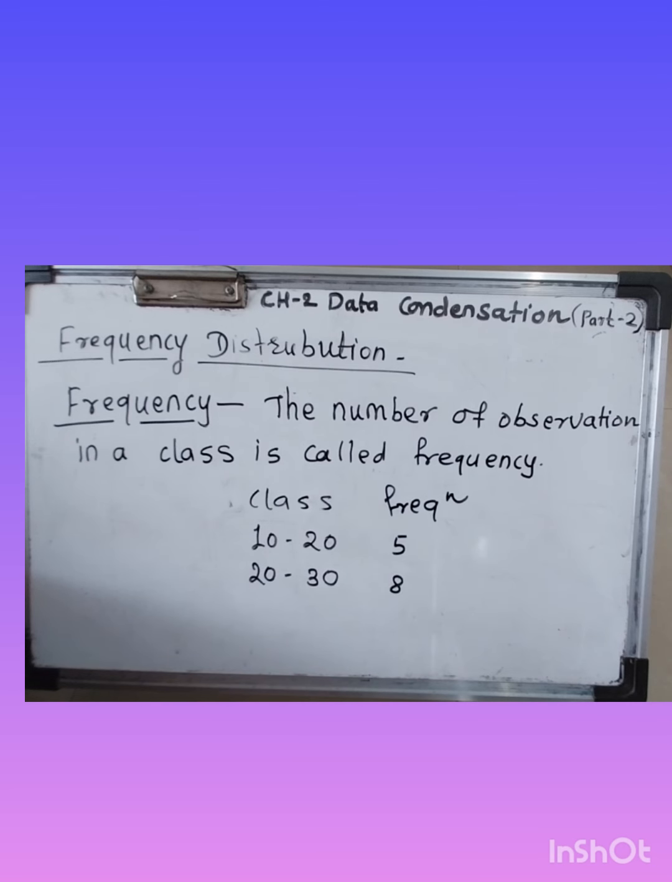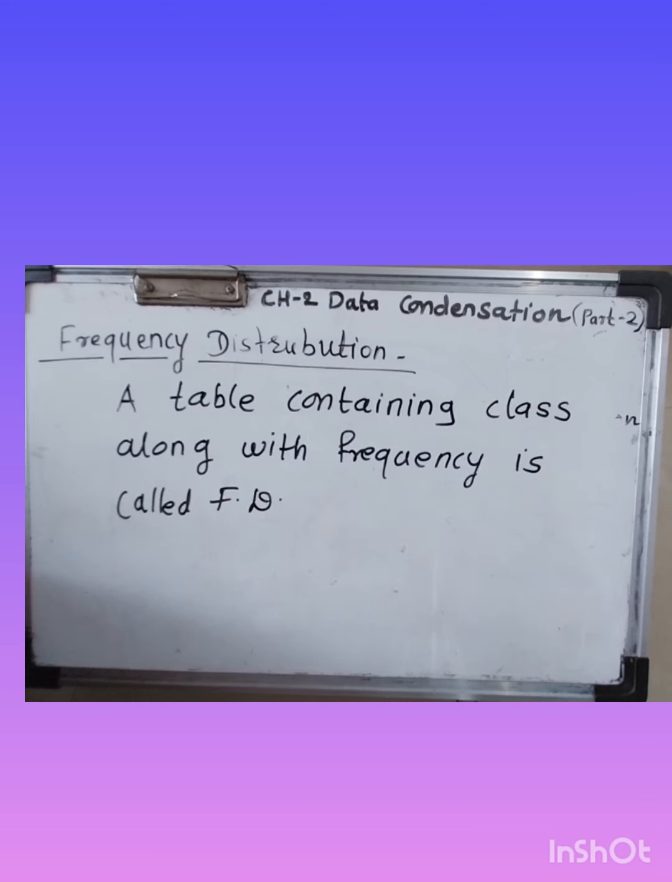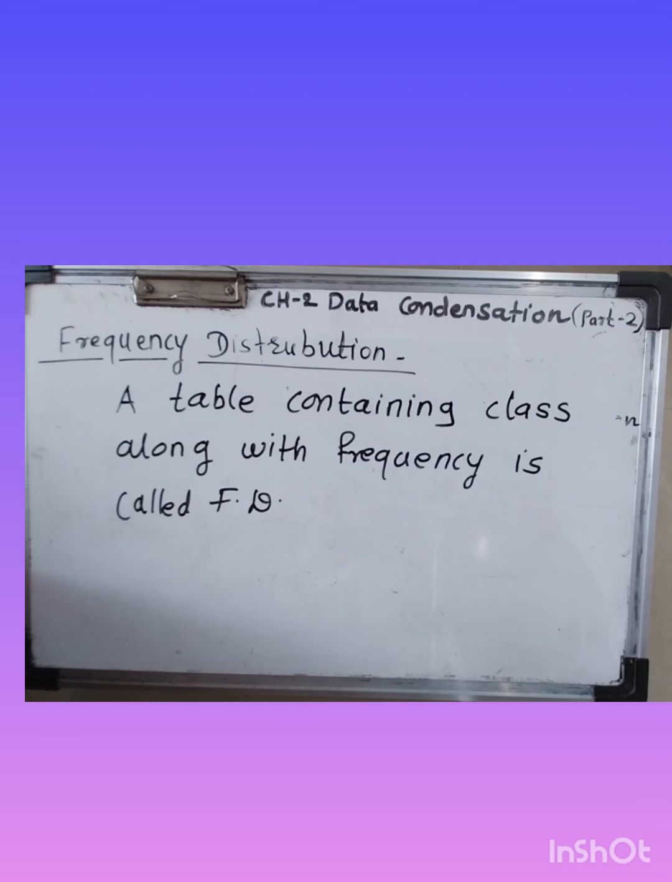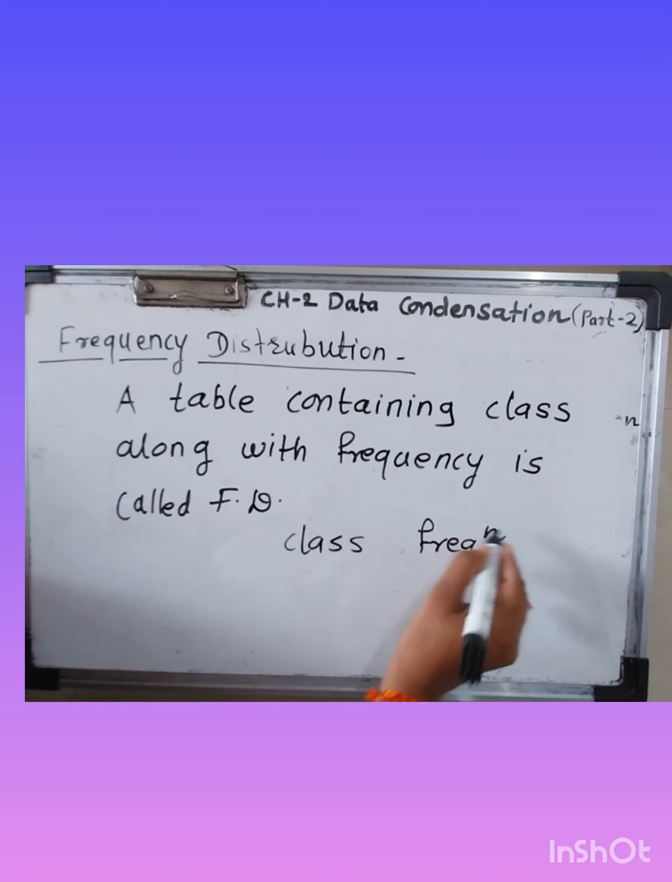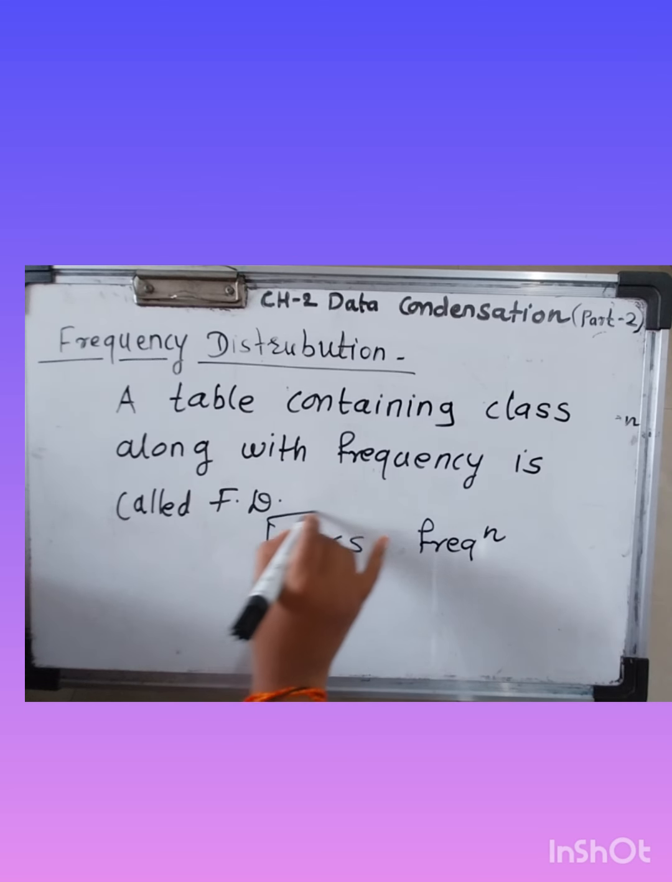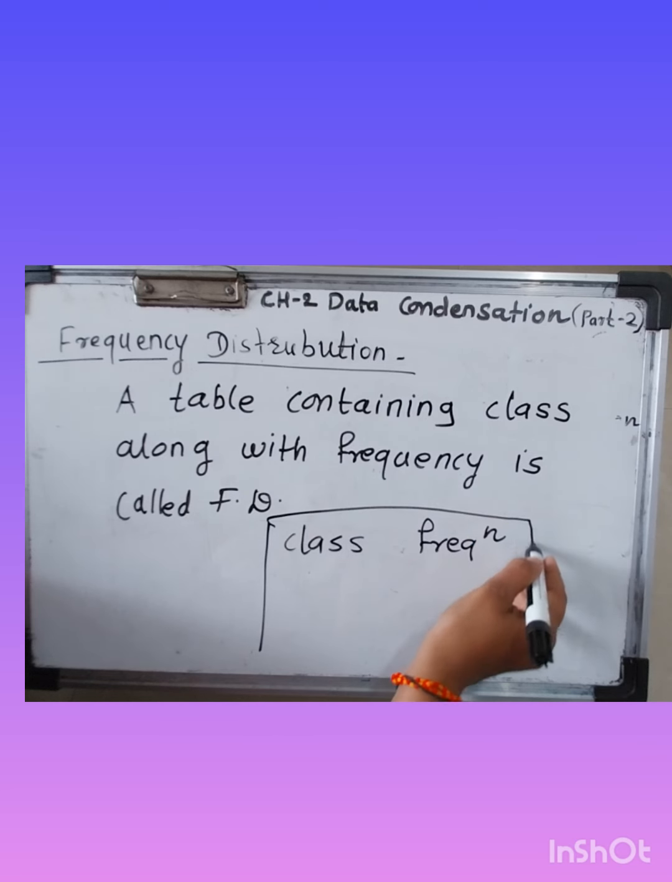Okay, next is the frequency distribution. What is the frequency distribution? A table containing class along with the frequency is called the FD. FD means frequency distribution. Means what, this is a table, here I have written class, here I have written frequency, class and corresponding frequency. This table is called the